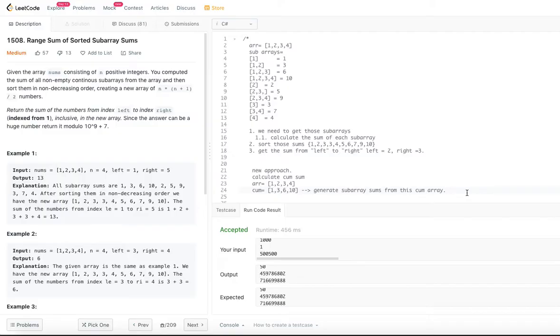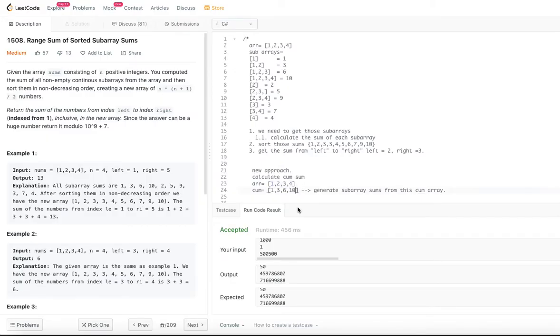So how are we going to generate that is the question. What essentially we did when we got the cumulative sum is add the elements up to that index. Here 3, up to that index we added 1 plus 2. Then we added 1, 2, 3, and then 1, 2, 3, 4.